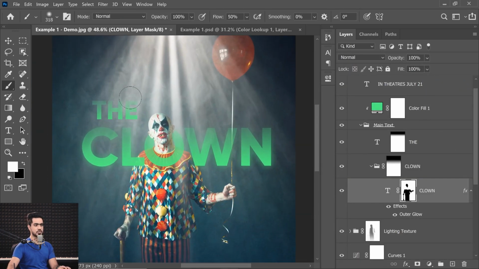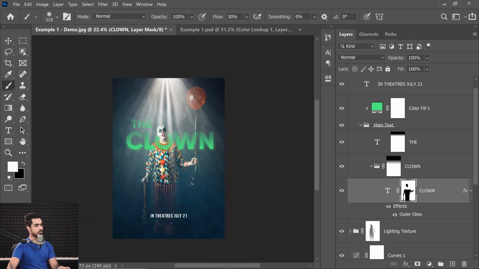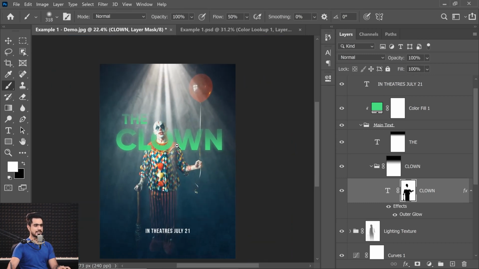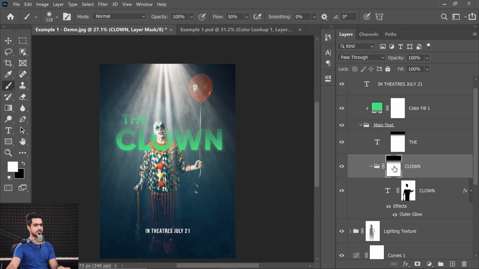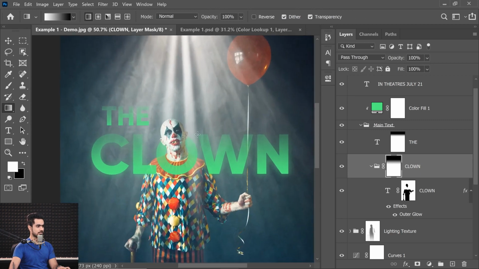If you want to add the glow to you can do that as well. But right now I feel that the text is too light. So what we can do to get it is that, see the gradient that we did? That's the gradient that makes it very, very light. So we can select the mask of the gradient and then we can open up the properties and just decrease the density. Density is like opacity for the mask. So if I decrease it, too much decrease doesn't look good. Or maybe what we can do is keep it at 100, select the mask and let's work on the